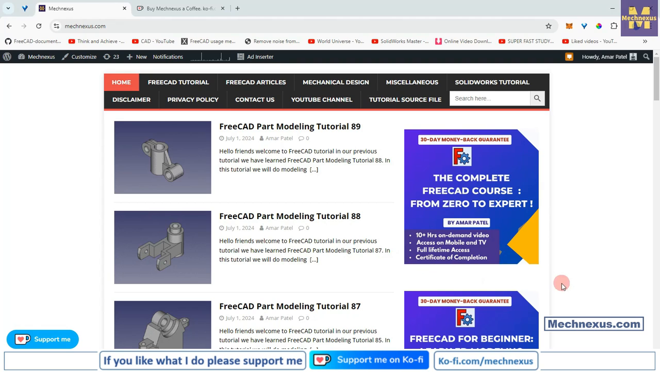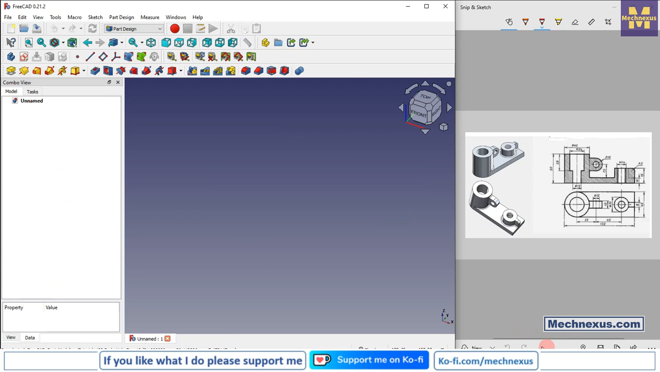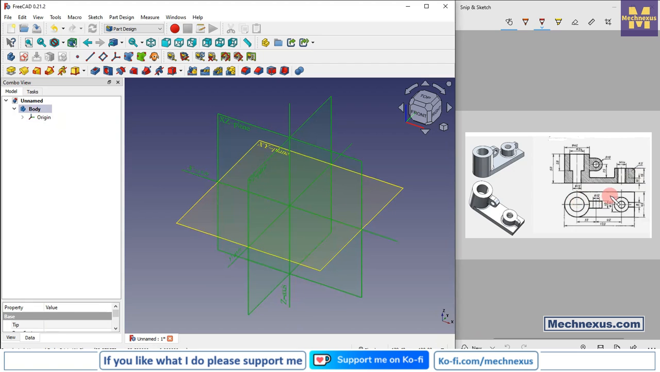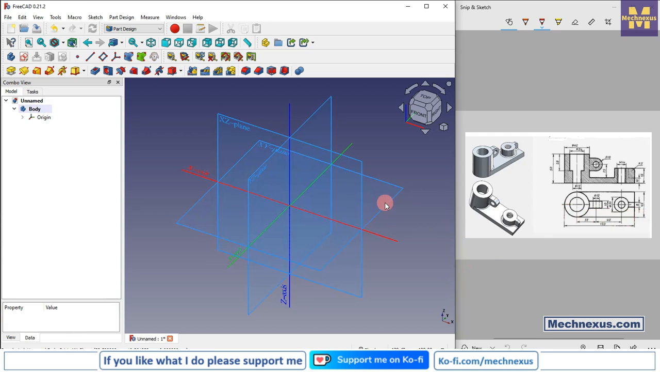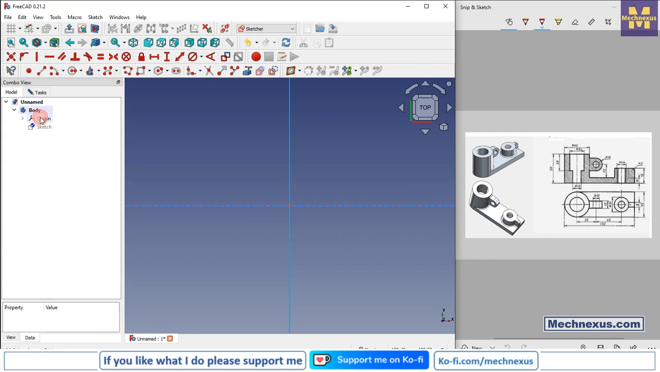So let's come back to our tutorial. Here I have created a new file and I have activated the Part Design workbench. The first thing I will do is insert a body, and I will show my origin plane. As per the model orientation, first we will create this base plate on the top plane. So we will select this top plane and click on the sketch, go to the model tab and hide it, and we will select a 3-point arc,